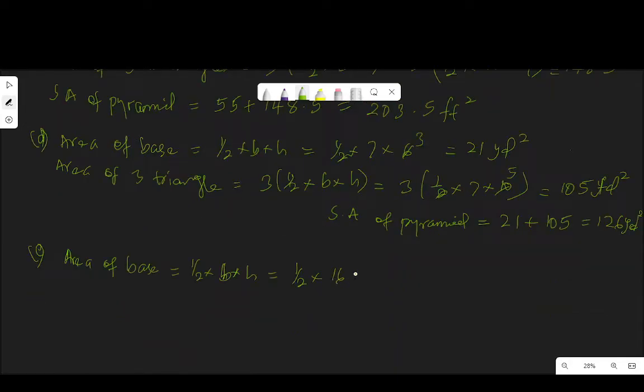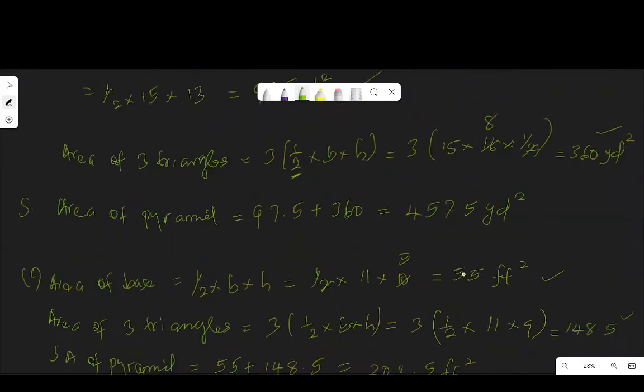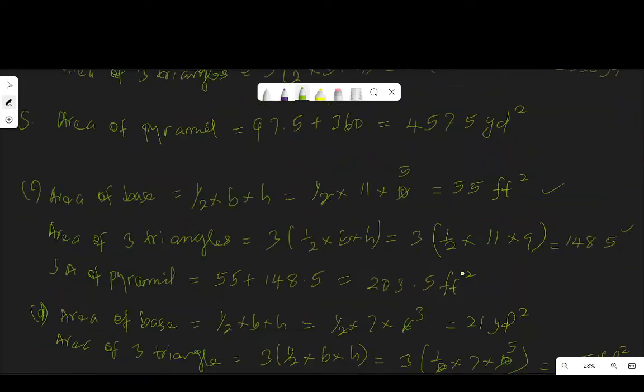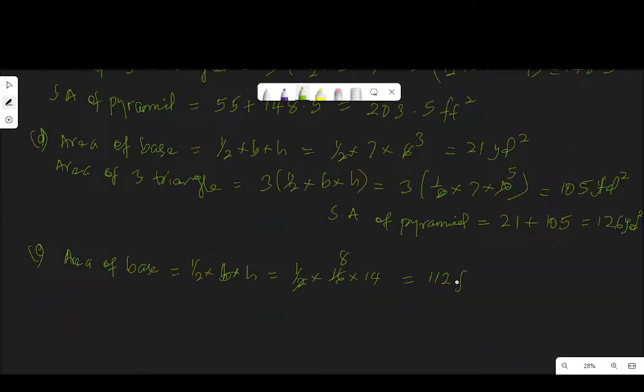So 16 times 14, half of 16 is 8, 8 times 14. 8 times 14 is 112. What is the unit? The unit is feet square. Now the area of the remaining three triangles